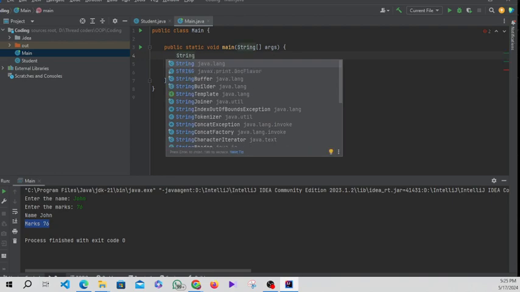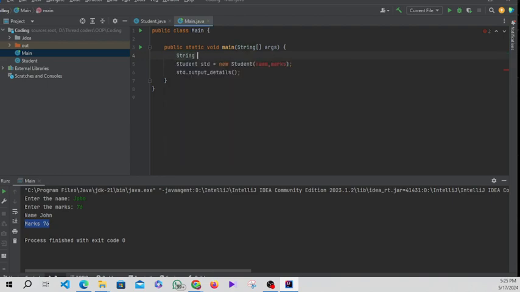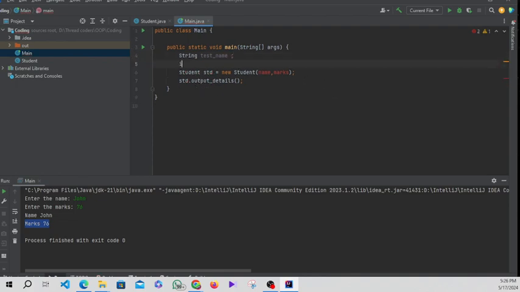String name equals, for clarification, let's use this as test name, and let's get int test marks,